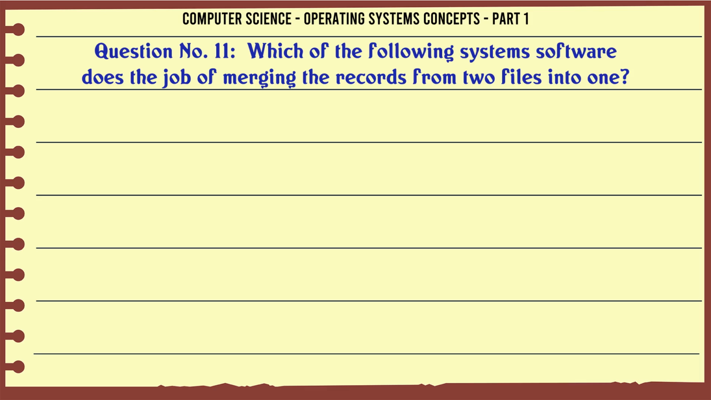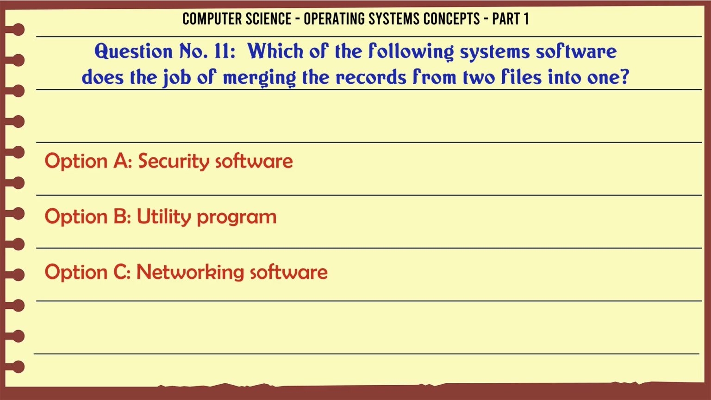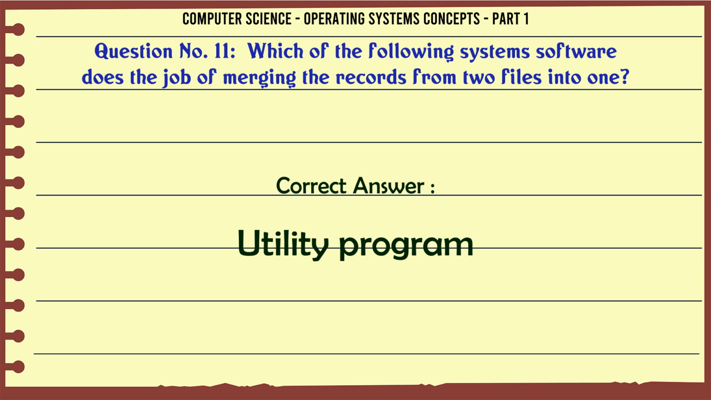Which of the following systems software does the job of merging the records from two files into one? A. Security software, B. Utility program, C. Networking software, D. Documentation system. The correct answer is